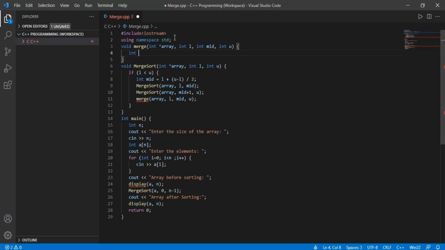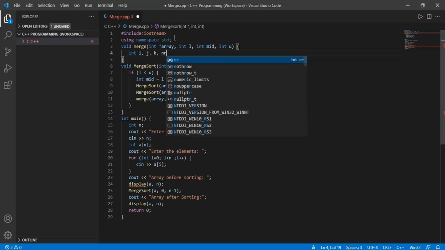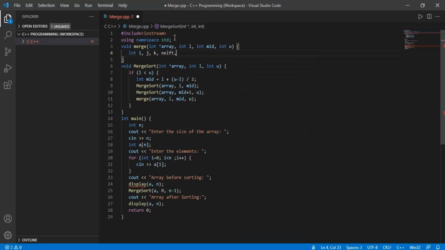Now at first we'll declare a few variables over here, which are iterative variables that we'll use for iterating through the subarrays, and to reach the final array eventually. Then the next variables that we'll need are n left and n right, which represent the size of the left subarray and the size of the right subarray respectively.